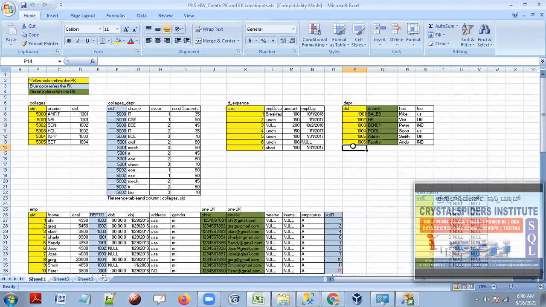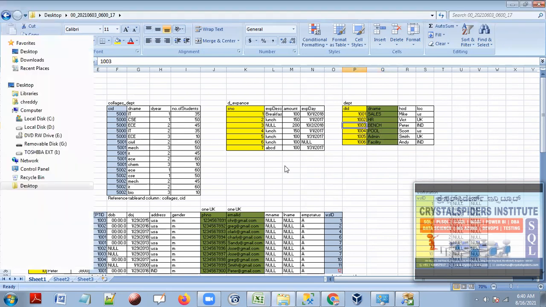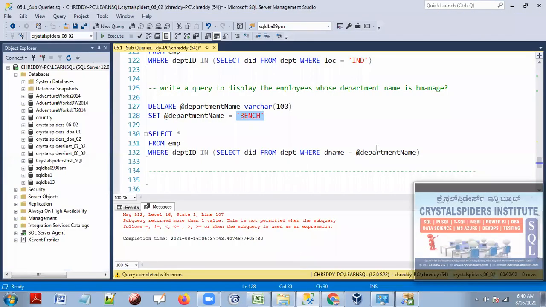That's why I'm confidently saying, when we are looking for the department ID of, let's say, the bench department, there is only one department with the name bench. Then it will give only one ID. Whatever ID belongs to that bench, it will give only one ID. So that's why we are saying this is going to return a scalar output all the time. It doesn't matter whatever the department name is, it always gives a single value.